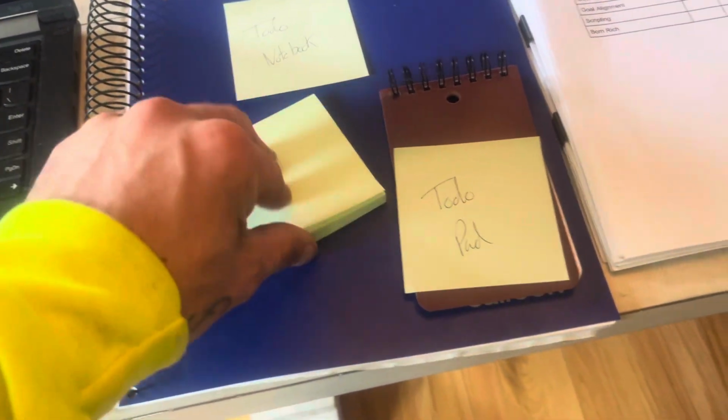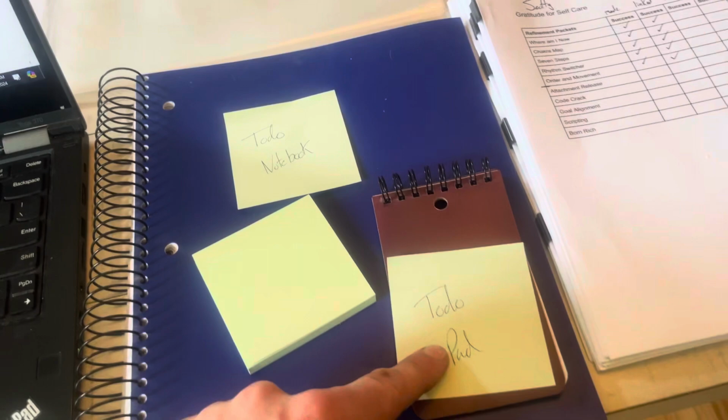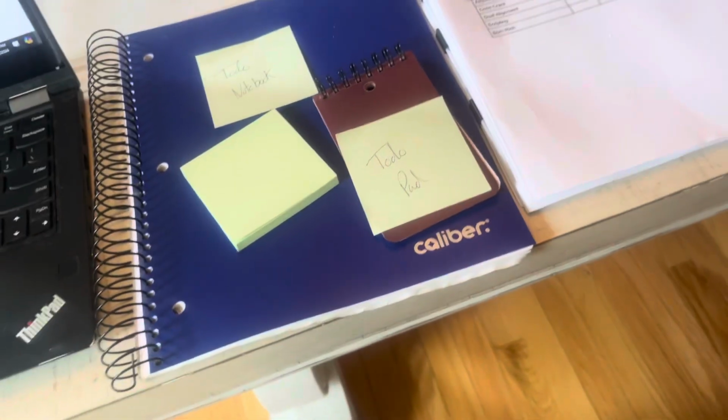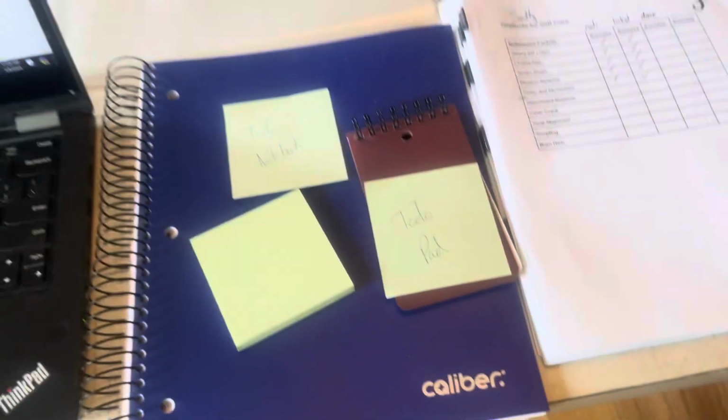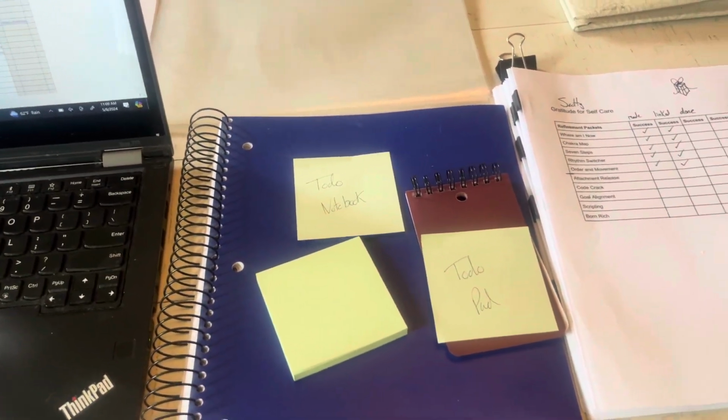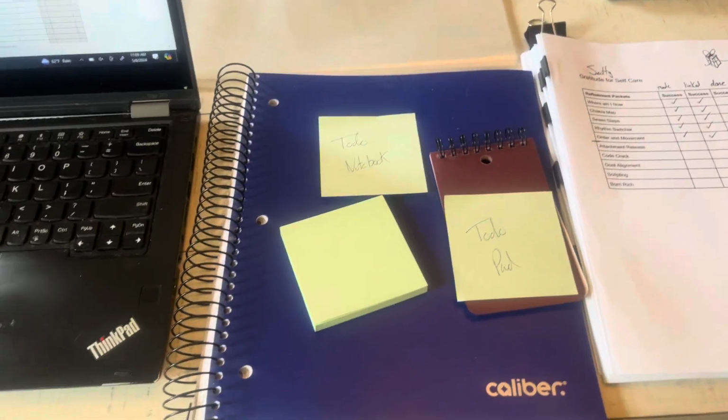So we have a sticky pad. These are great for quick little notes. We have a to-do pad. This is our daily traveler. Fits inside of our pocket. That's so we can jot down any thoughts we have throughout the day and transfer them into our to-do pad,